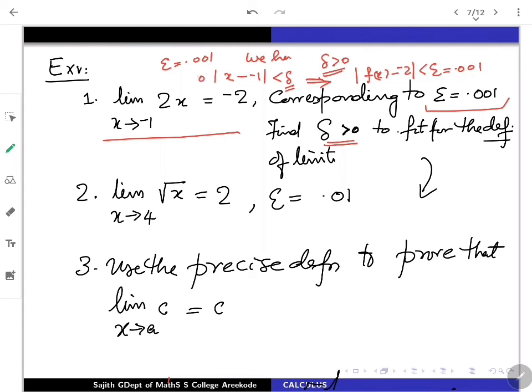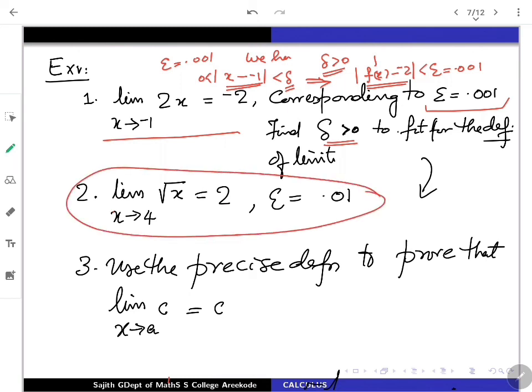Obviously here you will avoid x equals minus 1. So that also you can try out. As before, you write down what f of x is, rewrite it, use the connection from here, and you will find it. That is an exercise, and very similarly, in a slightly modified manner, you will get it for root x. The limit of root x as x is nearing 4 is going to be 2. So this is also an exercise. Just try these exercises.